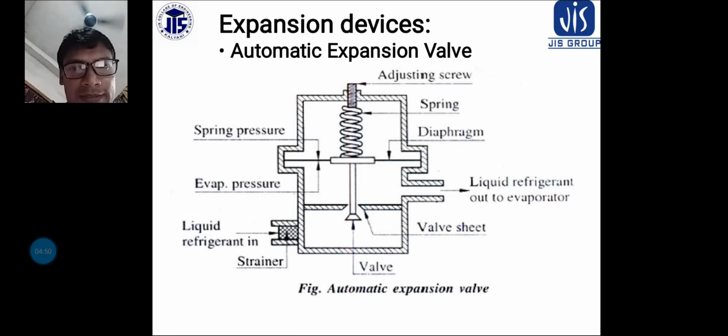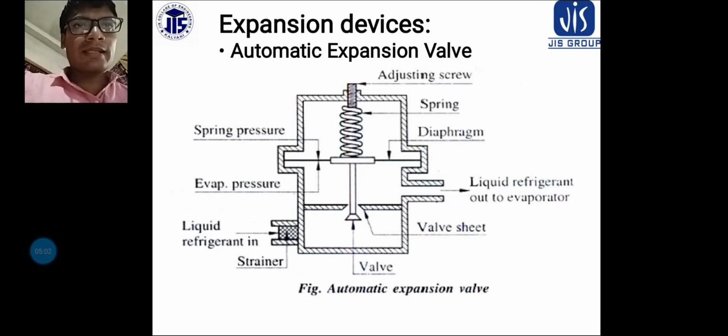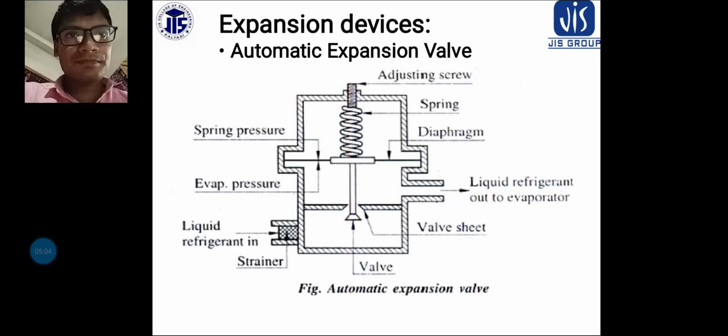As the compressor operates to remove the gas from the evaporator, the pressure in the evaporator and under the diaphragm is reduced.